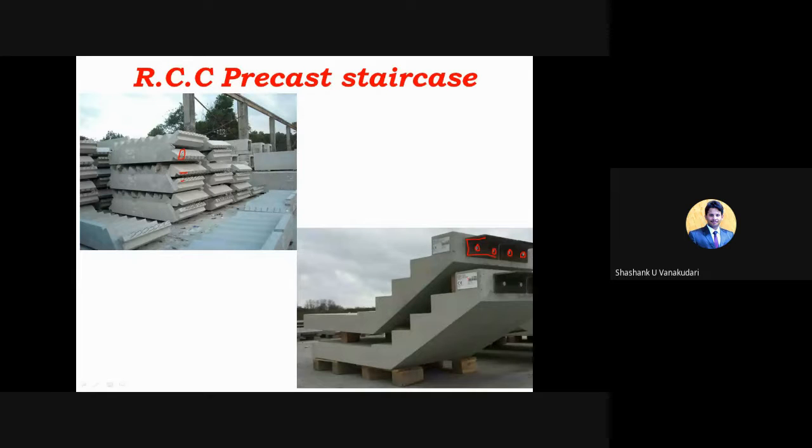And here you can see the storage area. In the storage area, they do not rest the members directly on the ground level. They place some wooden planks so that the load is distributed equally, and no lateral forces get applied from the earth. And here the gap is maintained between one member and the next.